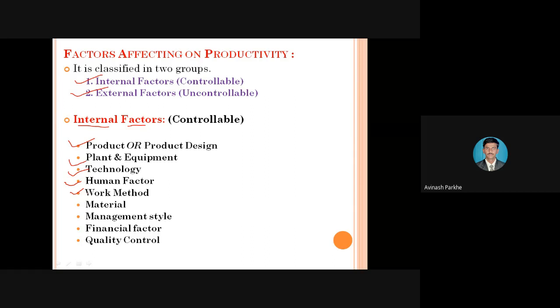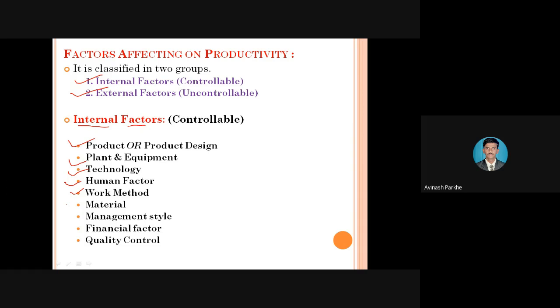And the second is work measurement. Work measurement means to measure the standard time required to perform a number of operations. Work measurement means measurement of work, measurement of the standard time required to perform the number of operations. That concept is called work measurement. Therefore, work study is further divided into two types: the first one is method study, which means eliminating the unnecessary operations, and work measurement means eliminating the unnecessary time or the ineffective time. So both concepts will be considered under work study, and it is in your hand.